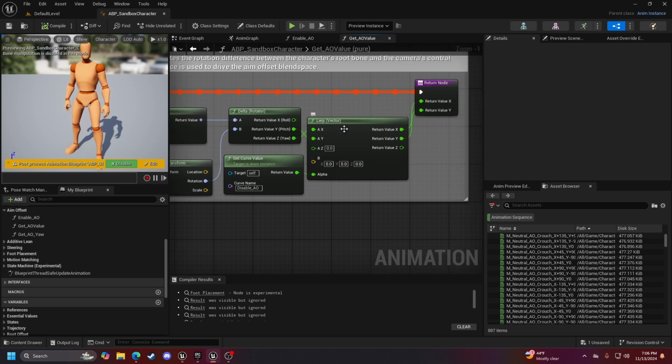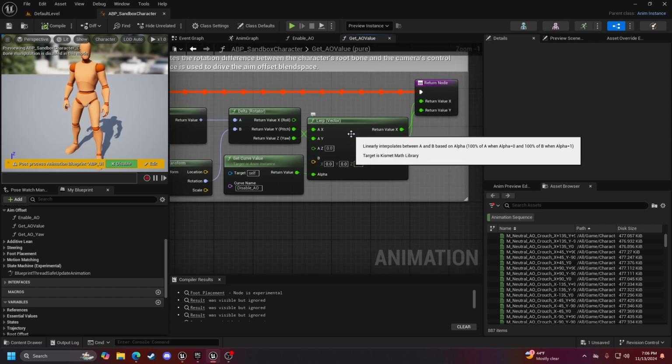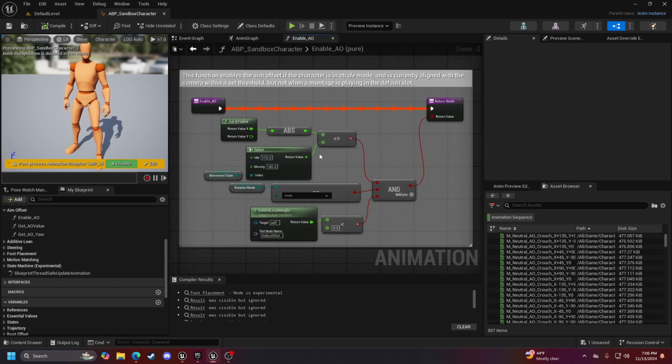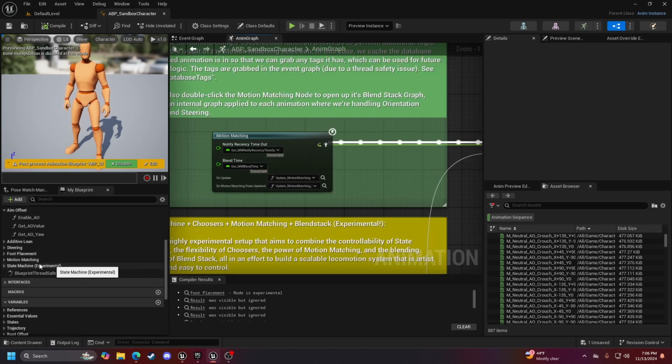There's a slight change there. I don't recall seeing a lerp vector in the previous one. I have to double check that, but I don't think there was one. So that's definitely different. I think these are updated values. This is still the same. That's still the same. Oh man, this is gonna be